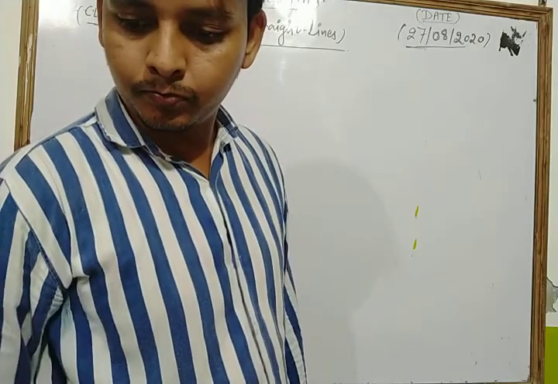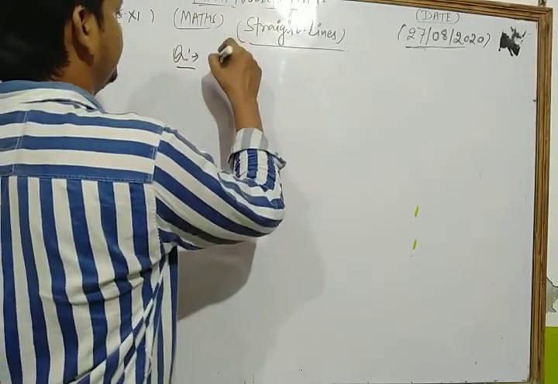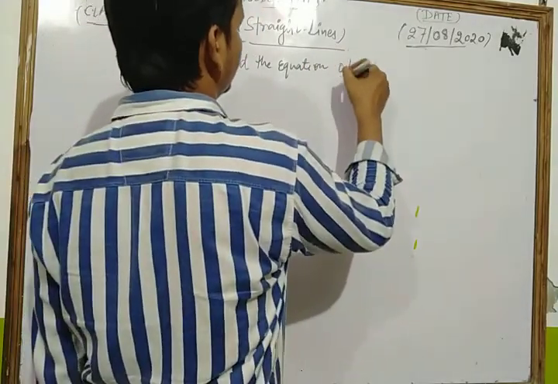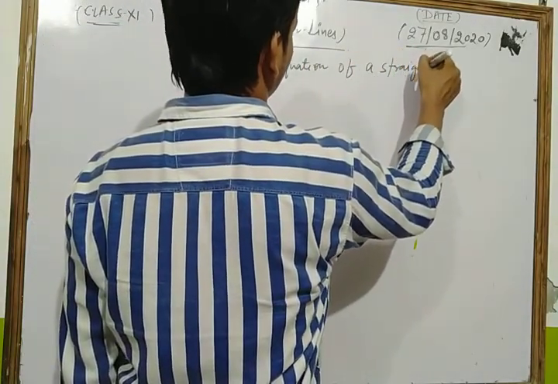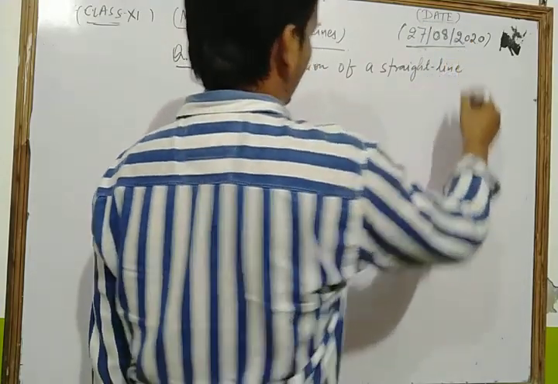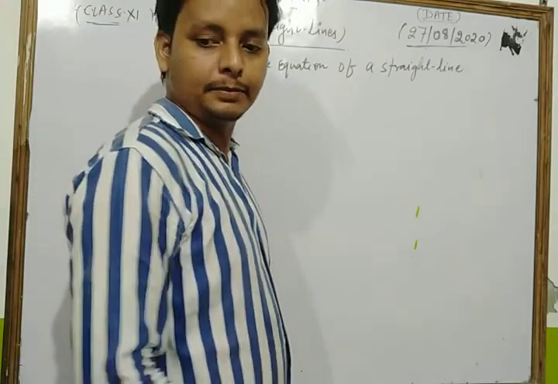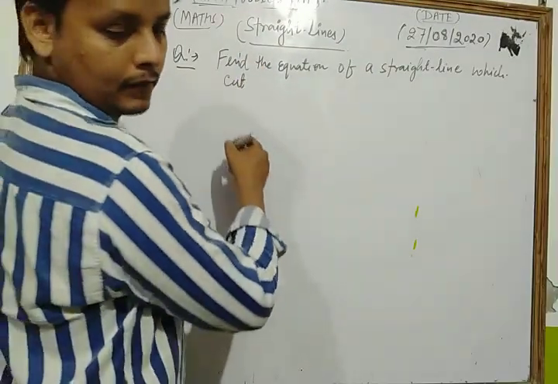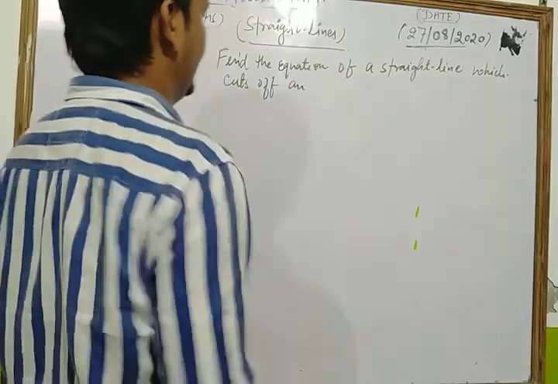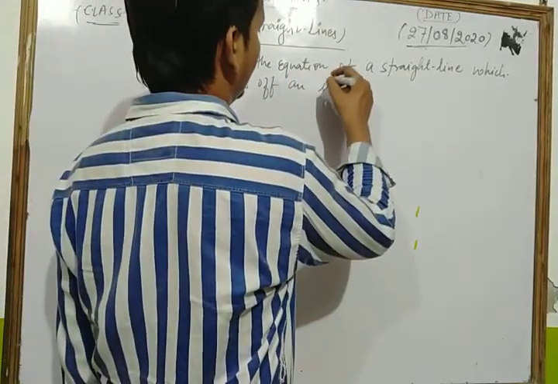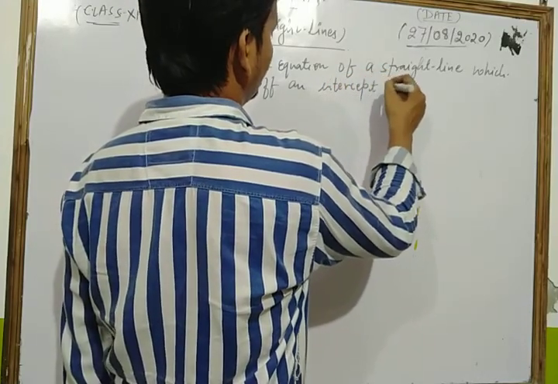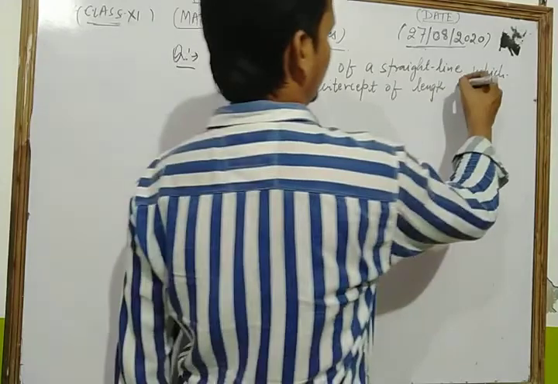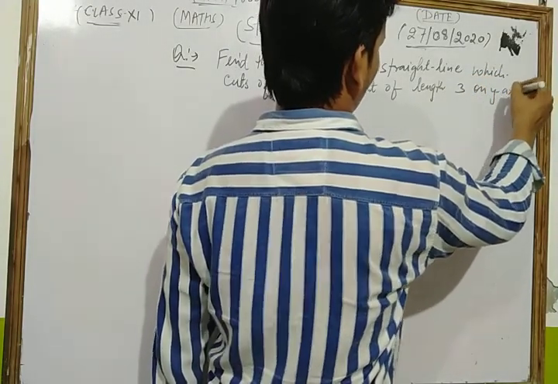The question is: find the equation of a straight line which cuts off an intercept of length 3 on the y-axis